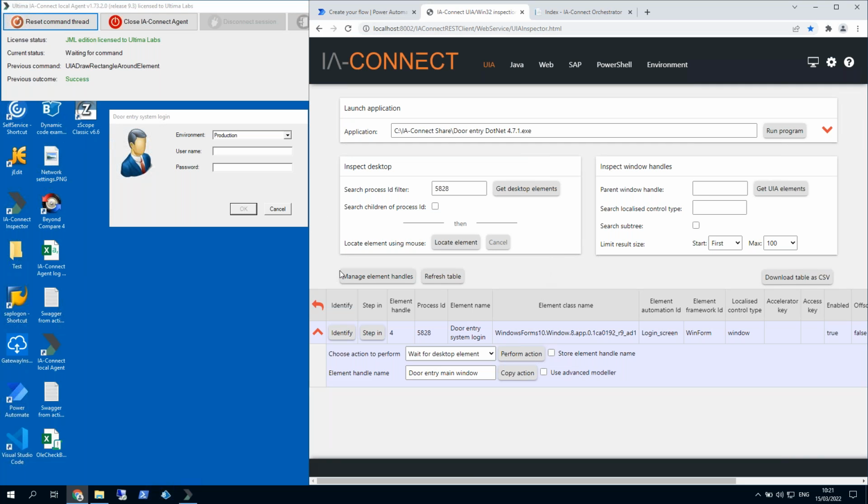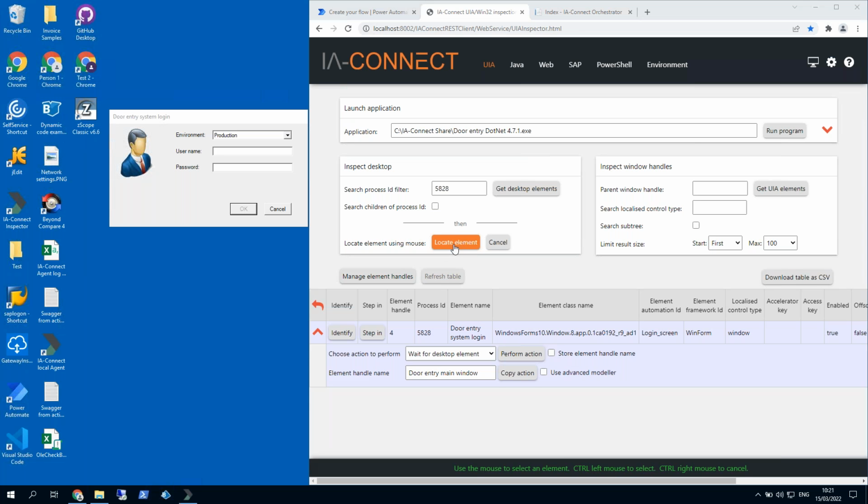So now I've got my main window. As I mentioned earlier, we can then go into mouse-based inspection. So I press this locate element button, and the inspector will now tell me that it's enabled mouse-based inspection, and I can start to mouse over all the different components of my application. So to identify an element, it's just Control and left click. So in this example,